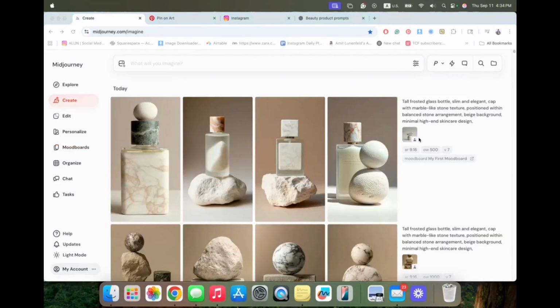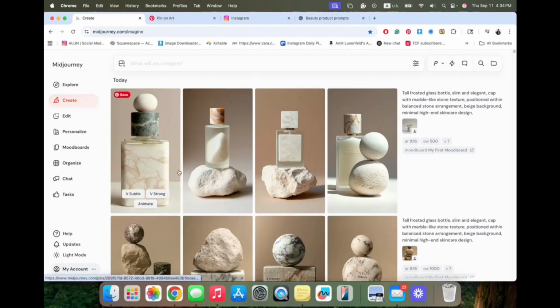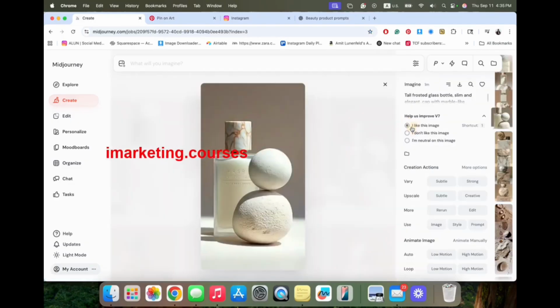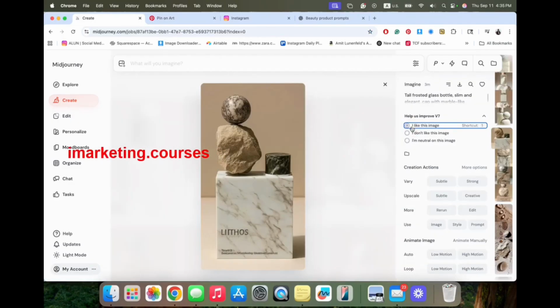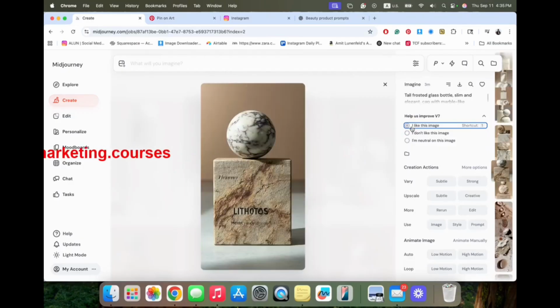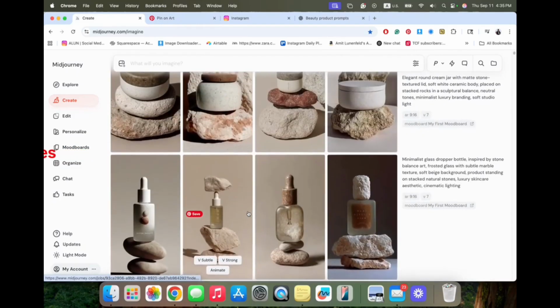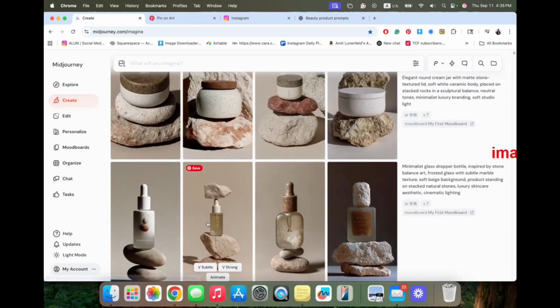500%. Okay, these are the results that we got. Not so similar to the stones we gave it, but still similar. You saw it was 50% similarity. So this is what we got. If you remember, we want to mark this one I like, this one I like. So mark whatever you think is good. This series actually turned out really well.